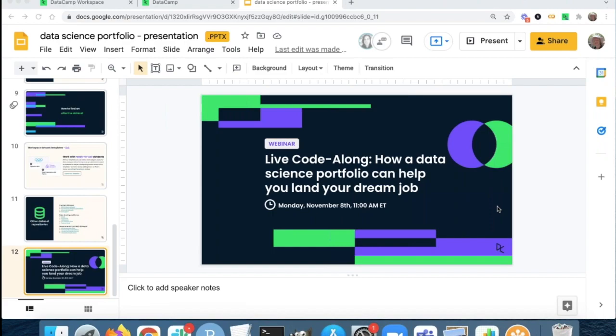Okay, the next question is, can you do a group data science project? I'm not totally sure on the exact details of this question. So whether you're referring to, is it possible to do a data science project as a group and then use that in your portfolio? I would say yes, you can showcase a group data science project, but for hiring purposes,